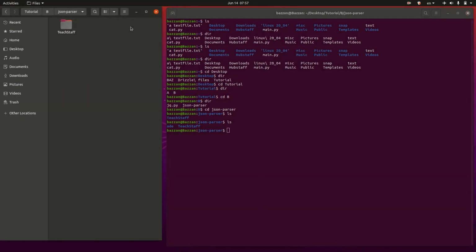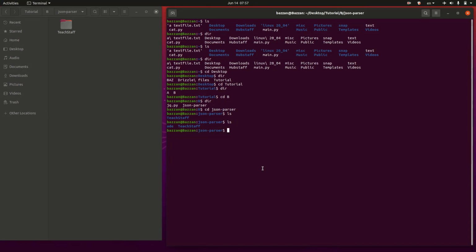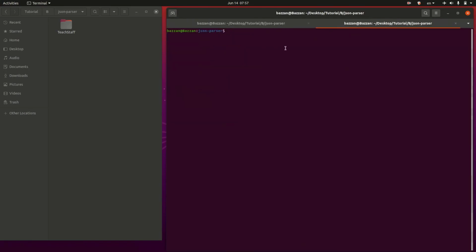But then you might be wondering, why not just stick with my Windows Explorer? If I have to see all the steps we did: cd tutorial, dir, cd b, dir, cd JSON parser, ls. I mean, come on, that's too stressful, right? Okay, but then there's actually something else. There's actually a way to do it where we don't have to